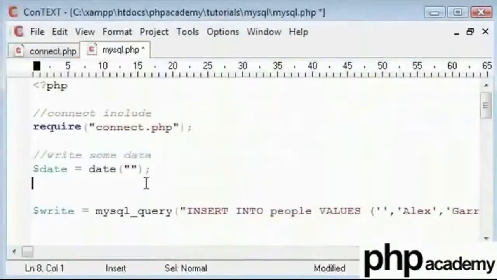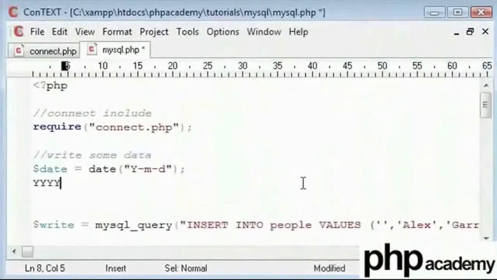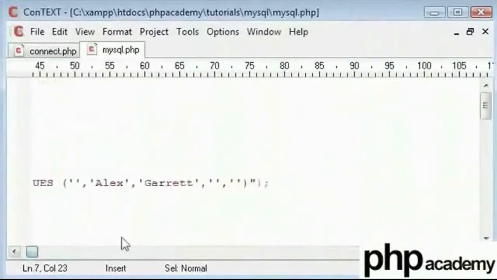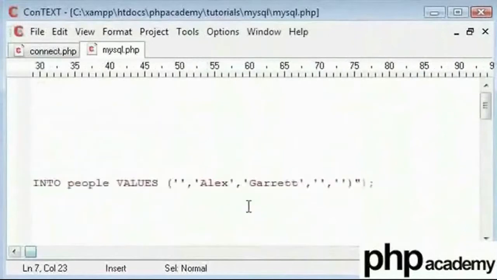So what we can do here is structure our date function with capital Y, M, and then D, using a hyphen in between to get the structure we need. So this will be structured like that. This will equal this, and that will be the current date. Using the date and presuming that is in the structure of our date, we can insert it into our table here. The last one is gender, and since I'm a male, I'm putting in M for male.